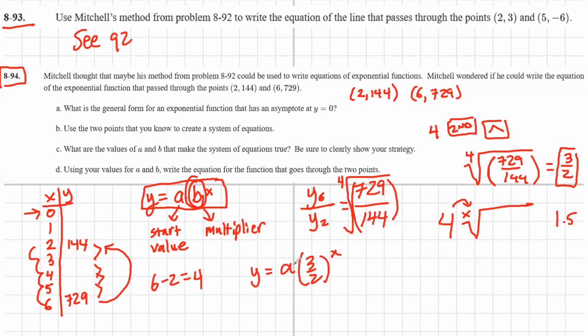So if I want to find the a value, there are 2 things I can do. I could plug in a point for x and y, like this point, and then solve for a, or I can use the multiplier and go backwards. So let's say I multiply by 1.5, multiply by 1.5, multiply by 1.5. Now let me go backwards and divide. So I could take 144 and divide by 1.5 twice, right? So 144 divided by 1.5 is